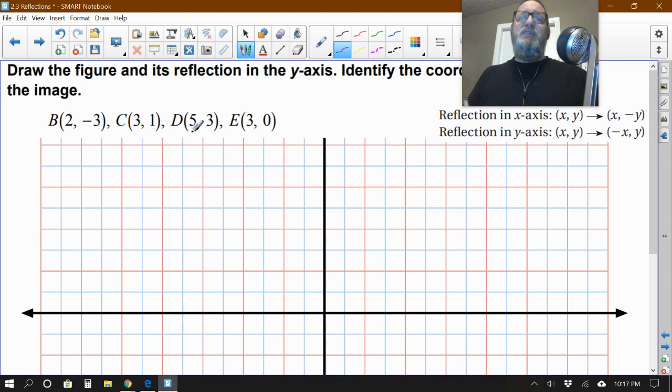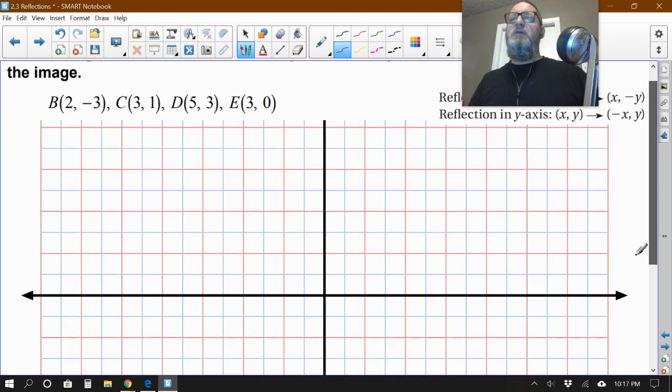Okay, now we're reflecting this figure across the y-axis. Okay, so we start with 2, -3. Oop, I'm going to have to slide down a little bit. Okay, so what was that? 2, -3. So 1, 2, 1, 2, 3. That's our B. I better write that B. 3, 1 is C. So 1, 2, 3, 1. There's C. D is at 5, 3. 1, 2, 3, 4, 5. 1, 2, 3. There's D. And E is at 3, 0. 1, 2, 3,